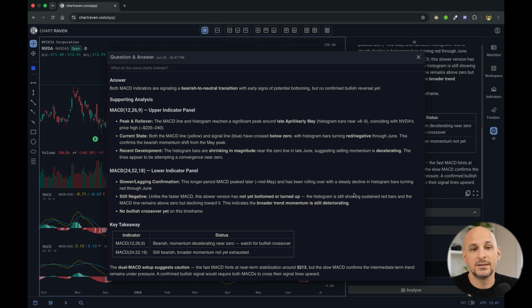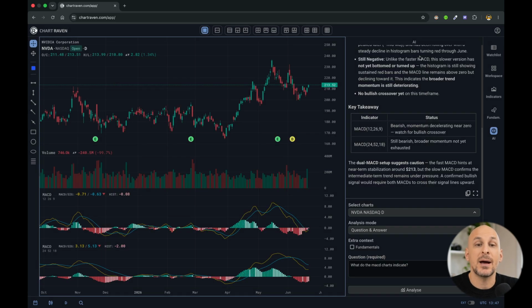Regarding recent development in late June, it points out momentum is decelerating, which can be concluded by looking at the histogram bars, which are shrinking in magnitude near the zero line. Regarding the 24, 52, 18 MACD indicator, we see a similar analysis, a slower and lagging confirmation. As expected, of course, this MACD indicator uses longer periods for the calculation. Interesting to see here is that the AI explicitly points out that there is no bullish crossover yet on this